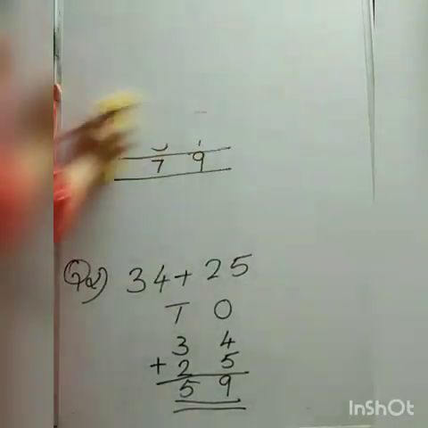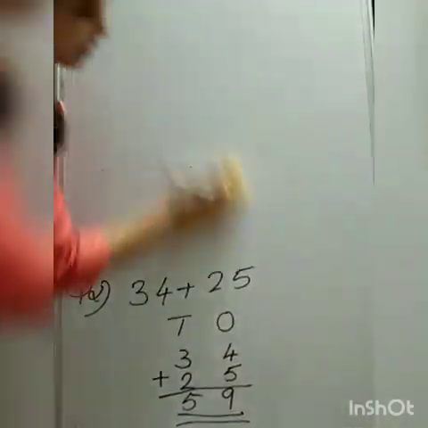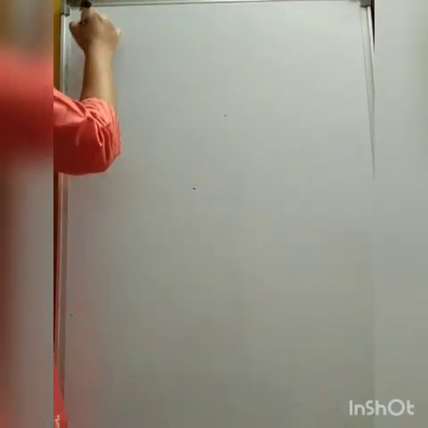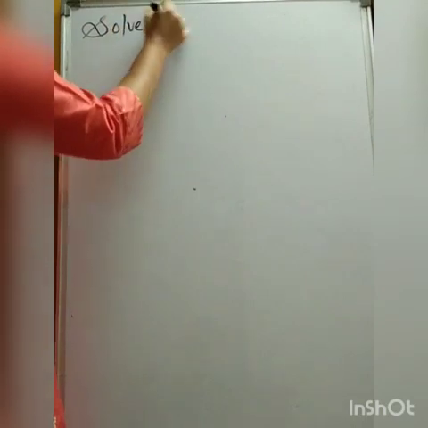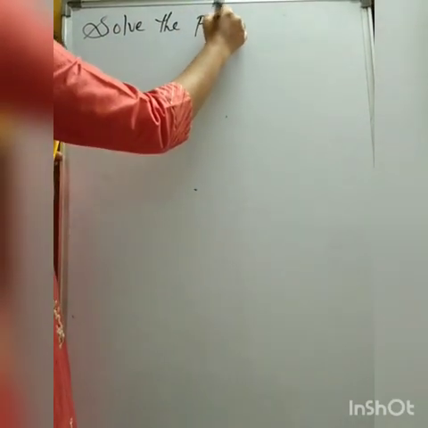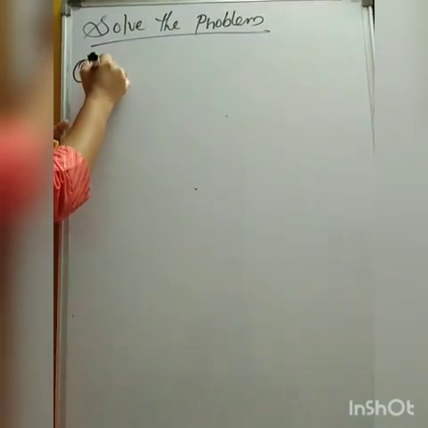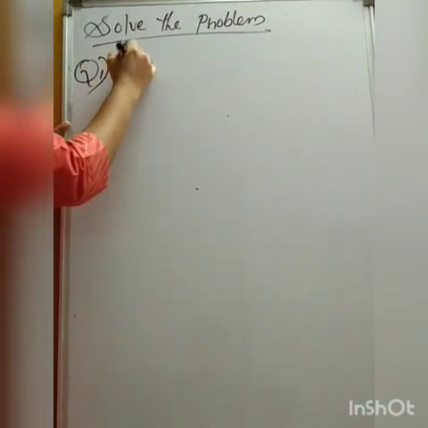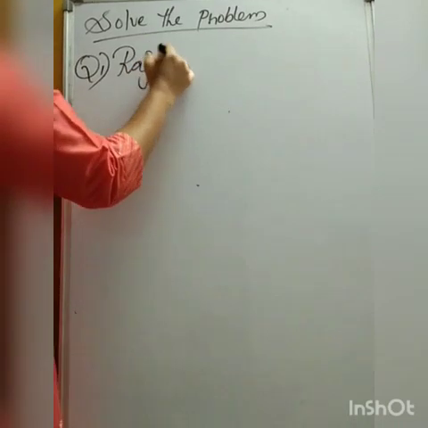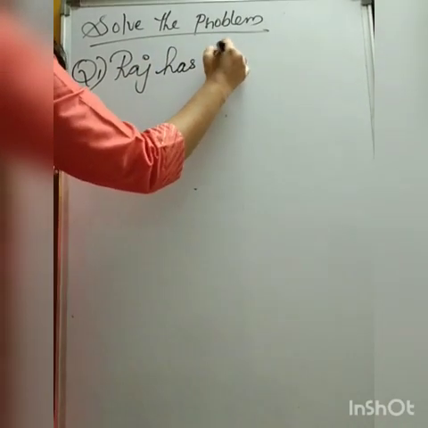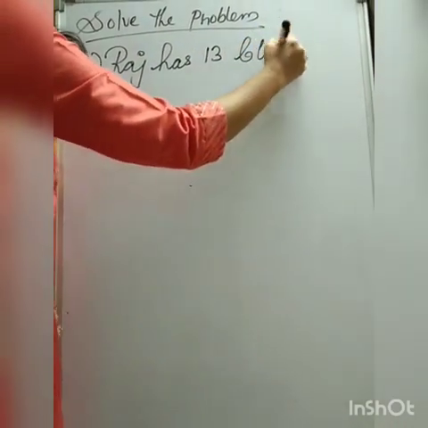Addition of 2-digit numbers. Understood? Very good. Now, the next topic is number stories. Solve the problem. Here I will write the question. Raj has 13 blue marbles